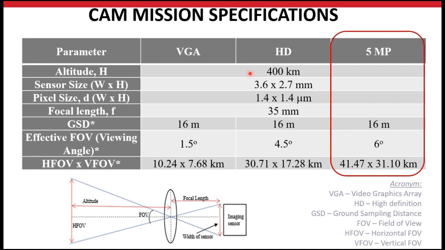Okay, so based on this, you can see that we choose the high resolution camera because it produces this GSD with a feasible FOV. Because if we choose a very small FOV, the size of the image will be smaller, and we're afraid that the image is not really clear. So you can see the logic behind this.